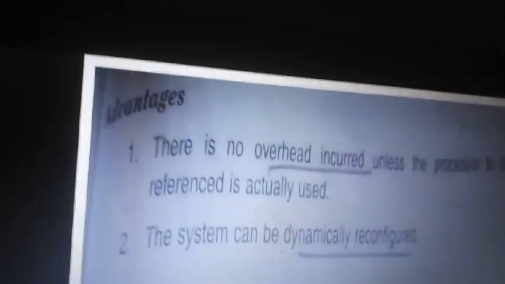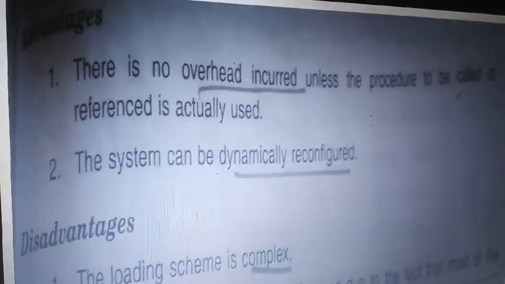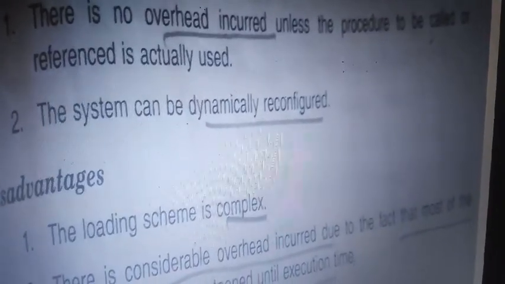So the advantage of this is that the overhead is less because we are postponing until the end. We are not loading all the subprograms. Definitely some of the core functions may not be called at all, so simply loading them wastes memory, and allocating all the addresses and preparing the GEST is a waste of time. So the overhead will be less, and here we are doing dynamic reconfiguration, so memory utilization is less.